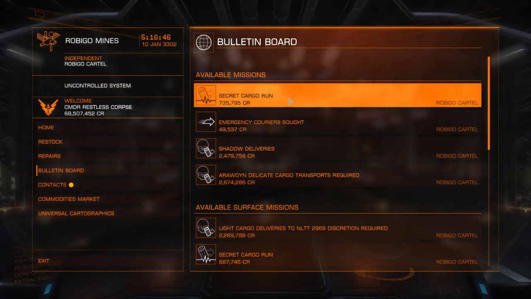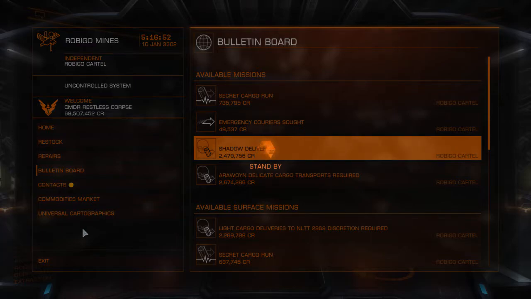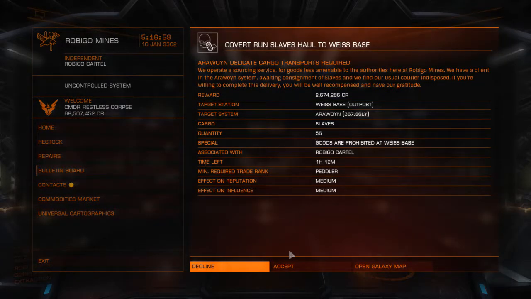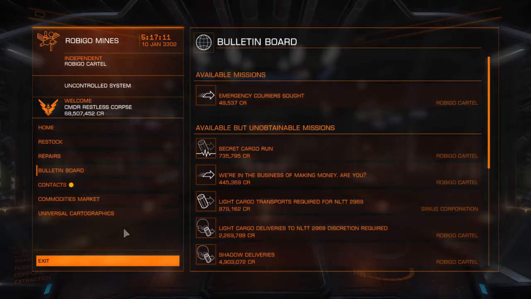So what we're going to do is I'm going to take a shadow delivery here for 8 slaves. And this isn't the shadow delivery here, but I think I'm going to take it anyway. Let's see how many. 56. They should put us right at 64, which is my cargo limit. Cargo hold at maximum capacity. All right. So I'm taking a shadow delivery and just a regular slave delivery because they both pay pretty